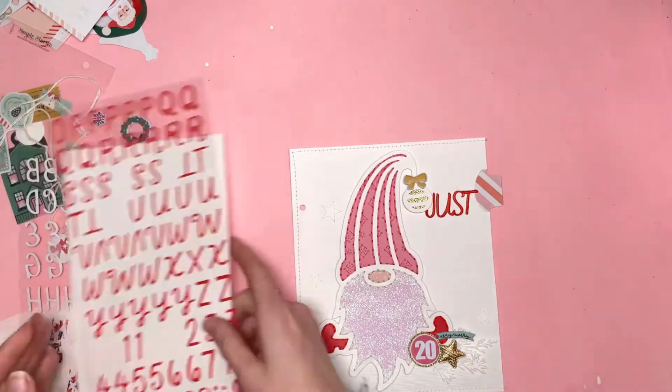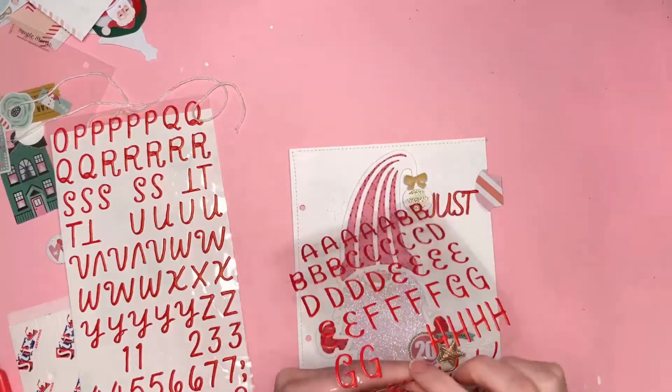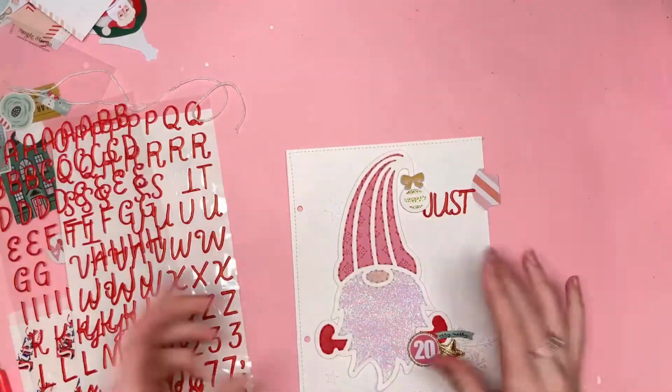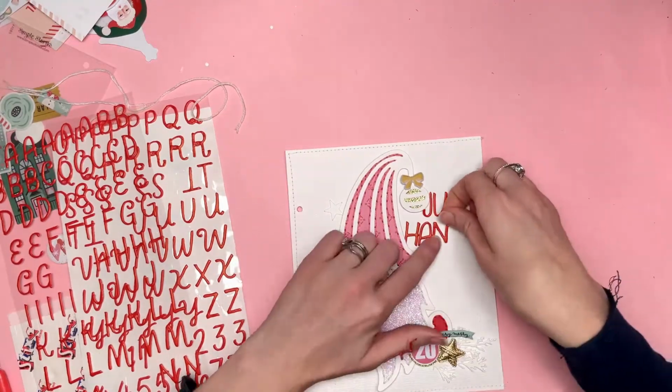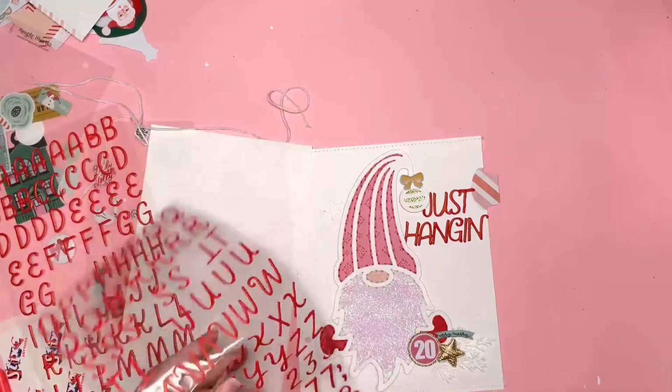And then I also bring in some more stars for the background, but I'll do that later after I've done my title. So right now, obviously, I'm going to go with that classic title, just Hanging with my Gnomies. I obviously had this in mind when I started, when I planned this layout. I'm